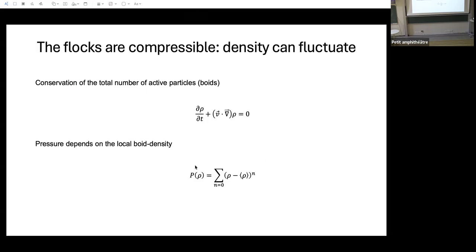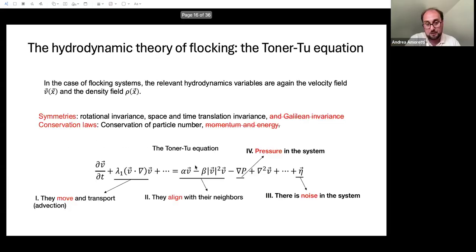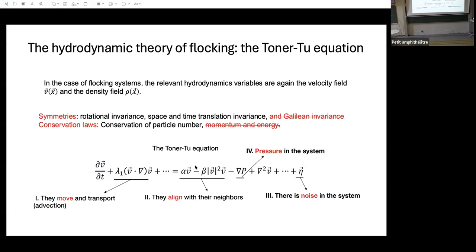Can I ask a question? Yes. On that previous slide, how should I understand that this term, which you say aligns the birds with their neighbors, does that? It seems to be fixing the modulus of the velocity to something, but I don't exactly understand. At this point, you're just talking about a collective velocity variable, and I don't see how that serves to distinguish what the individual components of the system are going to do.